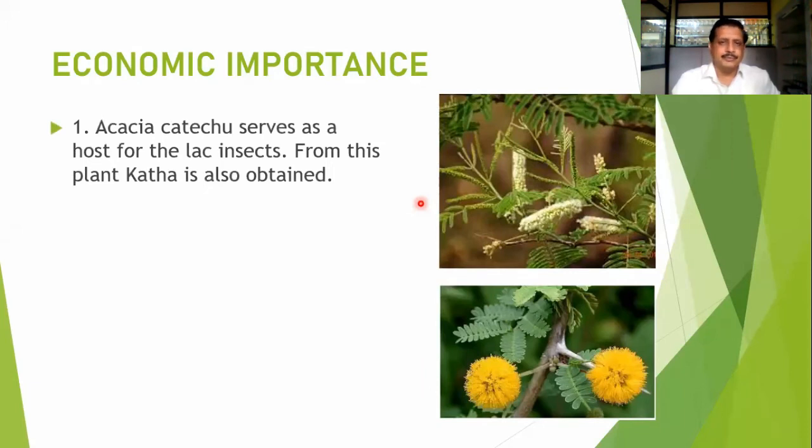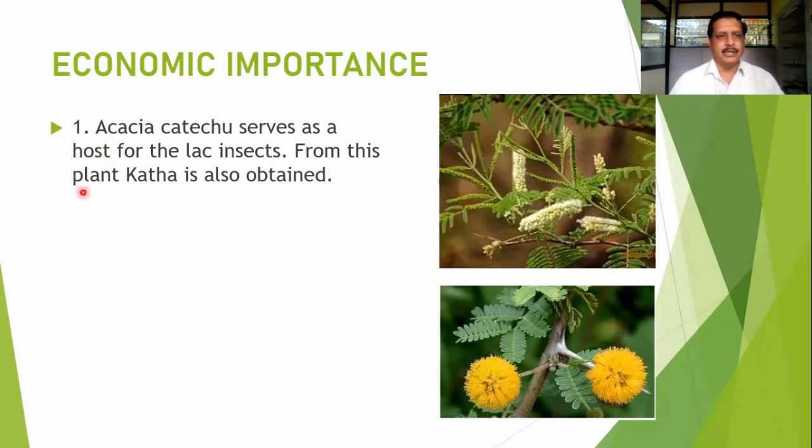As this is one of the important families which may have economic importance, typically we find some genera which are commonly found in our region. One of them is Acacia catechu, ज्याला आपण कात म्हणतो, ज्याच्यापासून पानाला लावायचा कात तयार होतो. It is खैर in Marathi. So Acacia catechu serves as the host for the lac insects, ज्याच्यापासून लाख तयार होते, जे इन्सेक्ट ही लाख तयार करतात. आपण स्टॅम्पिंग साठी जी लाख वापरतो, तर ती लाख तयार करणारे जे किडे असतात, it is the host for that plant, Acacia catechu.